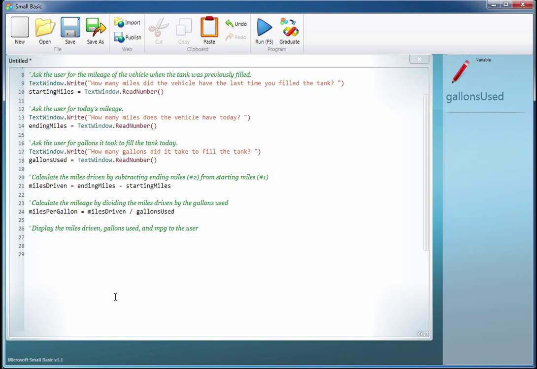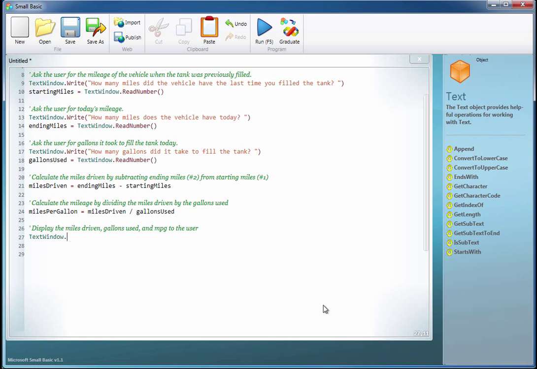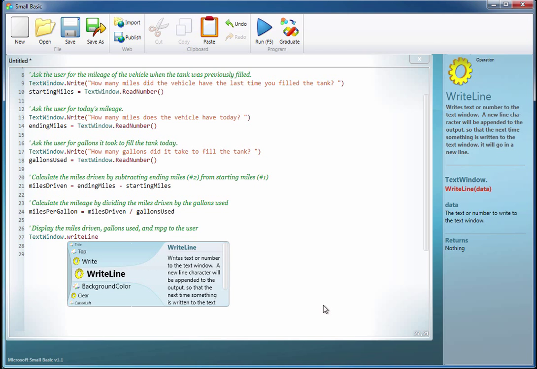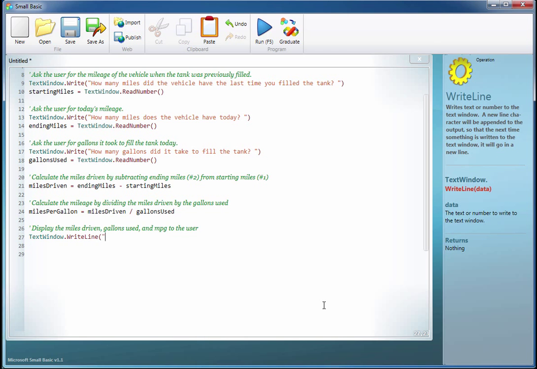Now, when it comes to displaying the output to the user, what I'm going to do here is use the write line command. And basically the way this works is you put in quotation marks what we call the literal string, or what you want the user to see. So I can say here, the vehicle was driven